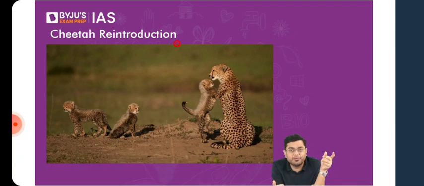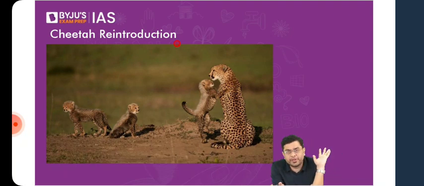Initially, the effort was to bring the cheetahs from Iran. The Asiatic cheetah right now is present only in the region of Iran, where it is also critically endangered. In Iran you don't have a large population of cheetahs in existence, so Iran was already reluctant to supply them. But then that very infamous court case happened, where the ministry was dragged to court asking how the ministry could take the decision to reintroduce cheetahs and relocate lions in the same region. That is when Iran panicked and took a step back. Iran said, we will not give cheetahs to you because you yourself are not sure what to do with the cheetahs. And that is when it went into a court story. So we could not introduce the Asiatic cheetah.